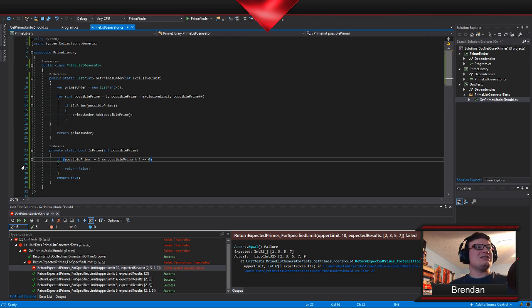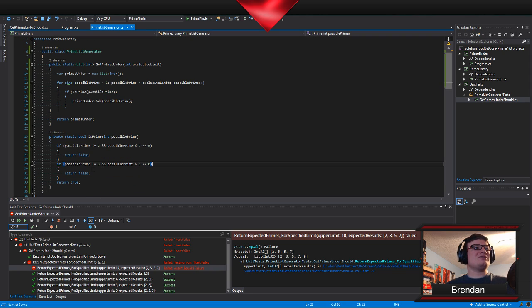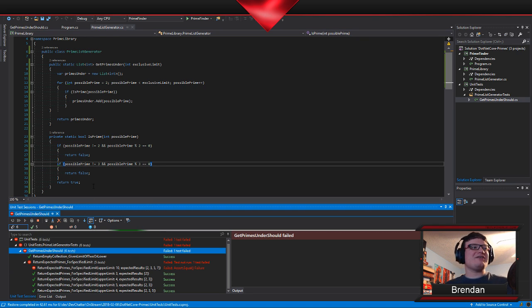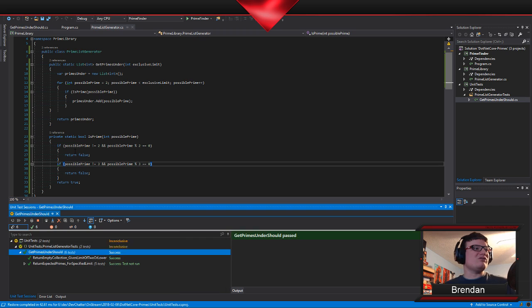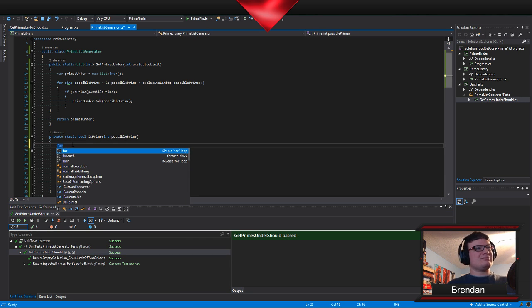So the easy way I could do this is I could just say, hey, yeah, let me make another one of these, and just say, hey, if it isn't 3, and mod 3, return false, and I can run this, and that works fine. But having written this, let's go ahead and change it to a for loop of some kind, because clearly we know that we're going to have to do this consistently.